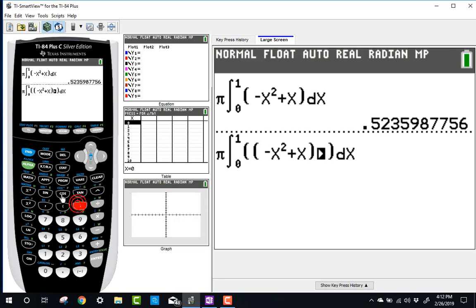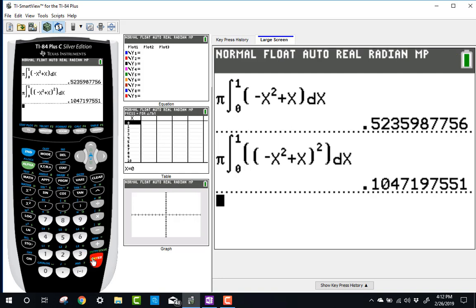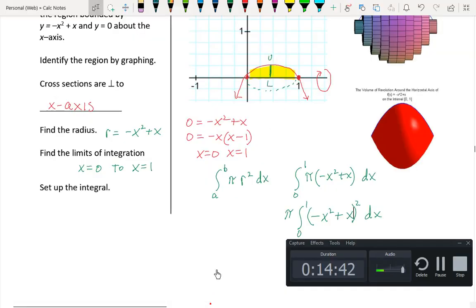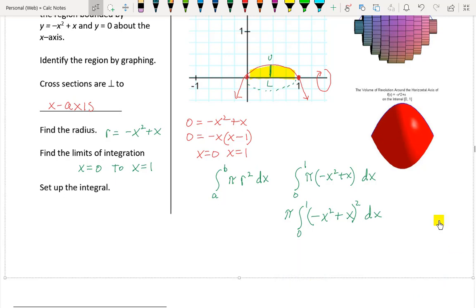And right there. And then a squared. There we go. This should do it. There we go. 0.105. See, that was easy, wasn't it? You just got to get it in there correctly. Oops, wrong button there. Okay. All right. So this equals